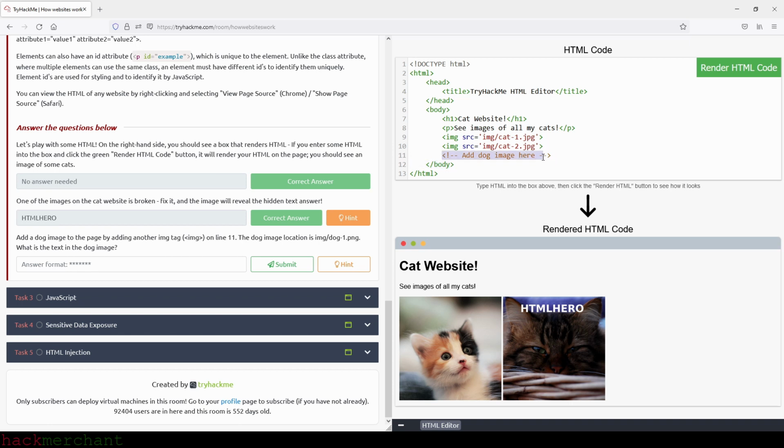And we are going to delete this and create the image element. So image. And then we add the source attribute. And we have the single quotes. And we type in the